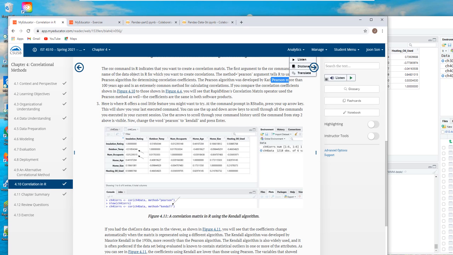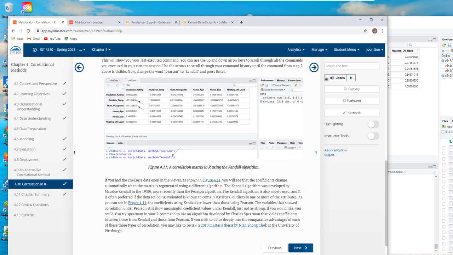So that's the Pearson method. But the Kendall is also widely used, especially if the data set being evaluated is known to contain statistical outliers in one or more of the attributes. So if you have outliers, using the Kendall method is preferred.